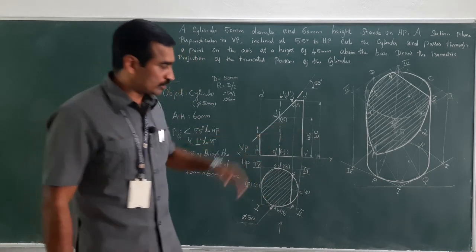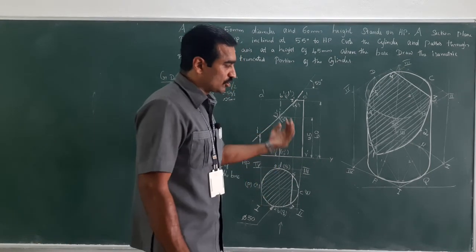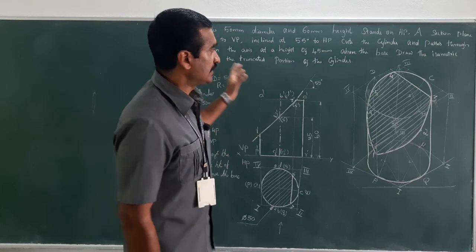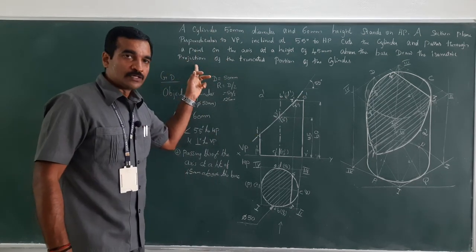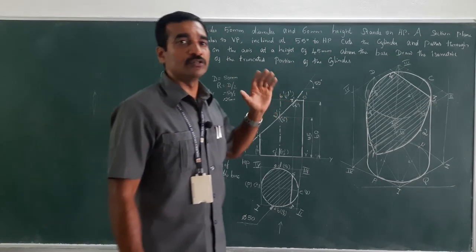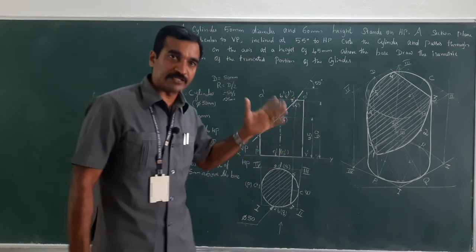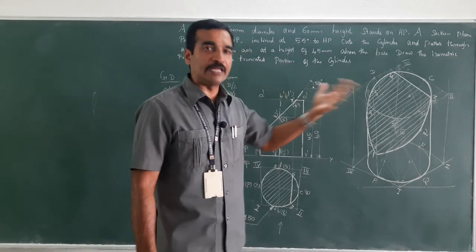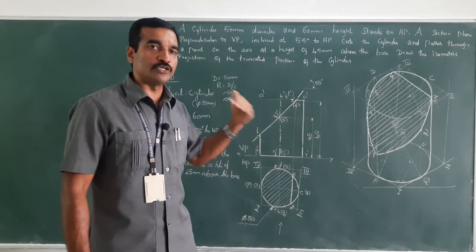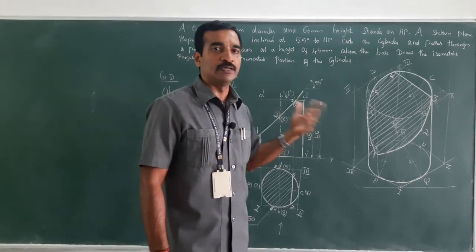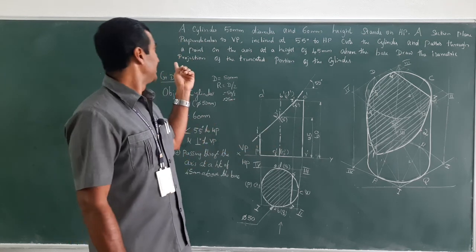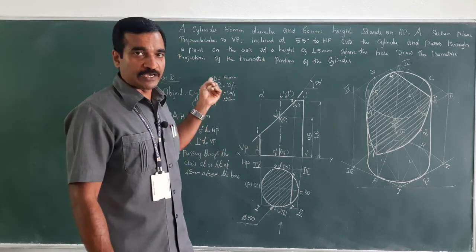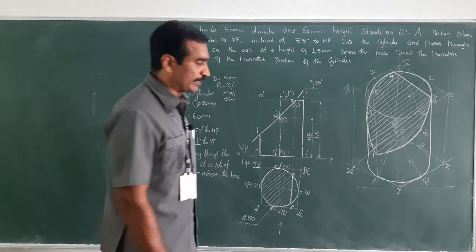Next, the note. We will first have to draw the scale, because it is an isometric projection. If it is of isometric view, you will have to specify scale 1:1 if it is of true scale. If it is of reduced scale, then 1:2, 1:5, whatever scale you have considered. If it is of enlarged scale, then 2:1, 5:1, 10:1, like that you will have to mention it. Because here it is an isometric projection, the isometric scale needs to be drawn here.